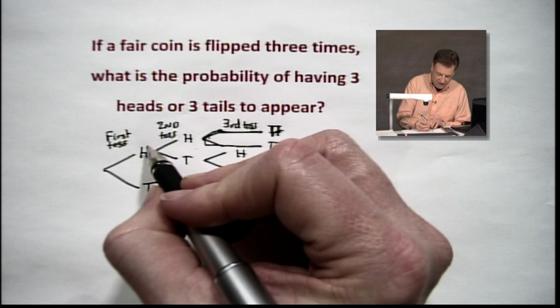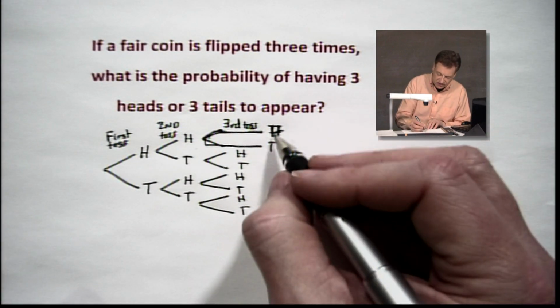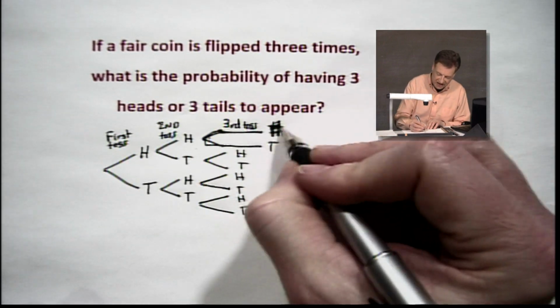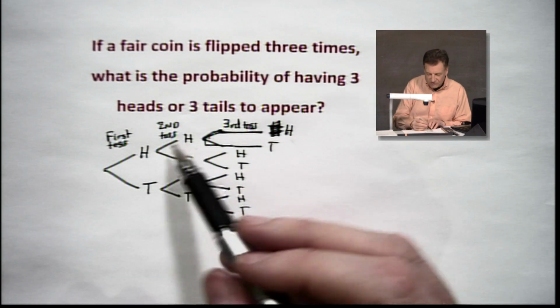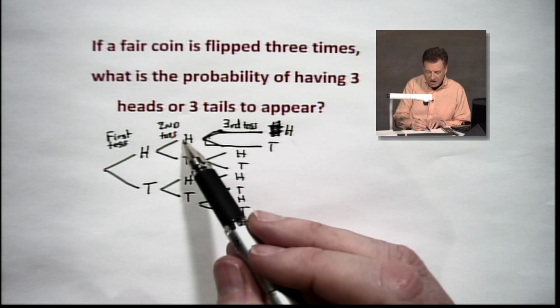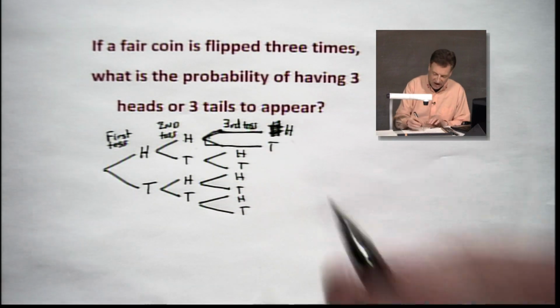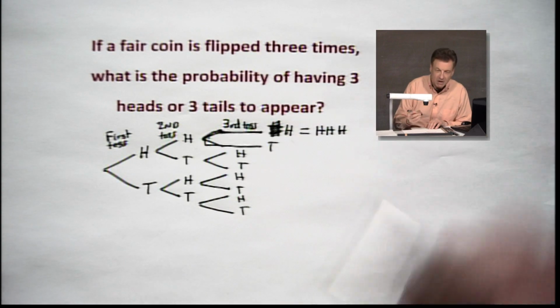First of all, if I hit heads on the first one, I could go, watch this. That's an H again. Let's put an H right there. Now we know what it is. What happens here, if we follow the tree, that's one of our options. There's a heads, heads, and heads. So there's 3 heads right there. You say, this sounds like something we were looking for. It does, doesn't it? Is the problem over?